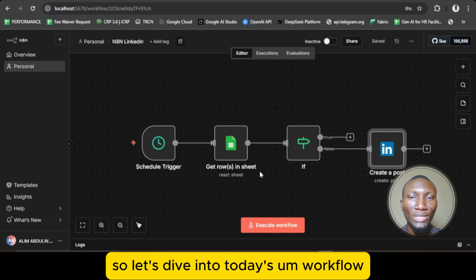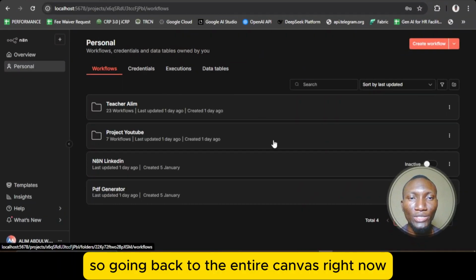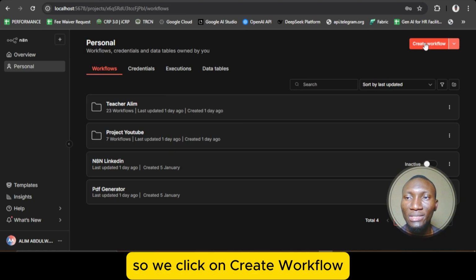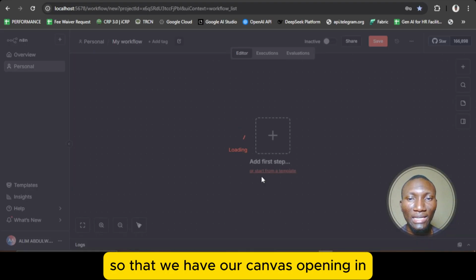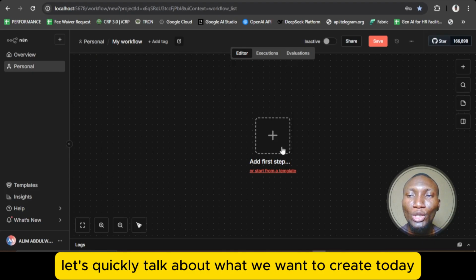So let's dive into today's workflow project properly. Going back to the entire canvas right now, we'll click on create workflow so that we have our canvas opening in. Let's quickly talk about what we want to create today. We want to create